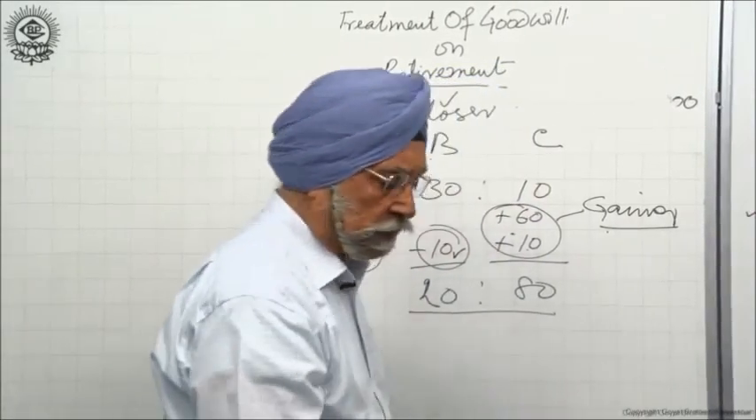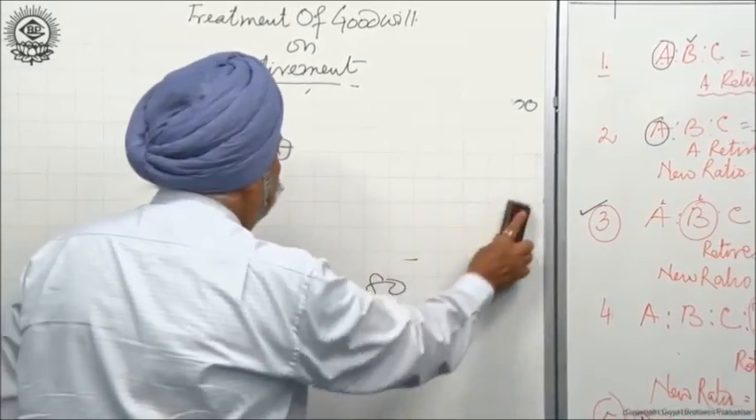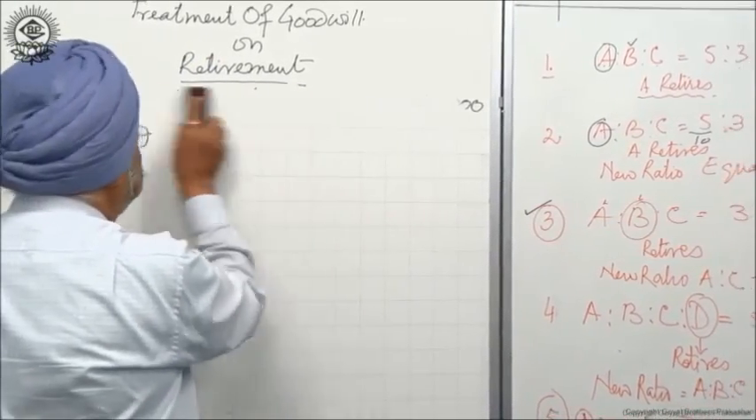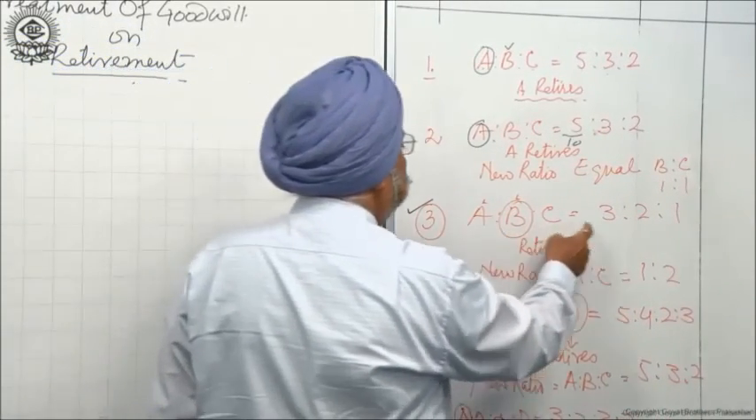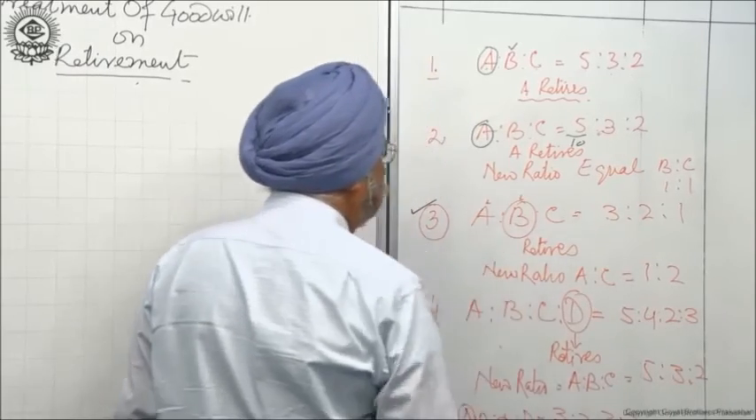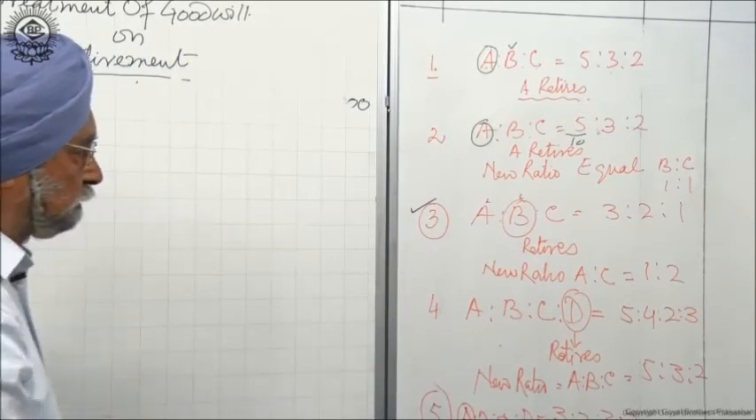Now see what happened. This is just an example to explain to you how to treat it. This is the case where A, B, C are three partners, 3 to 1 is their ratio, and in here B retires and the new ratio is